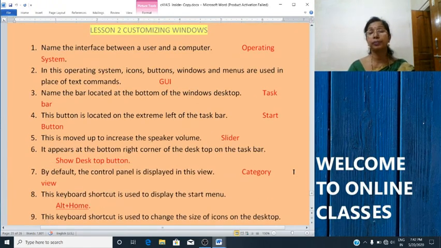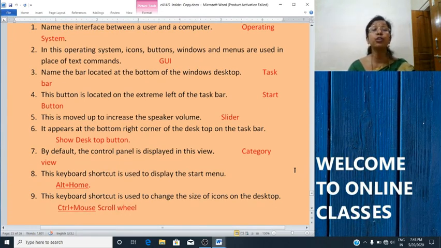Give one word. First one: name the interface between the user and computer. The answer is operating system. Second question: in this operating system, icons, buttons, windows and menus are used in place of text commands.